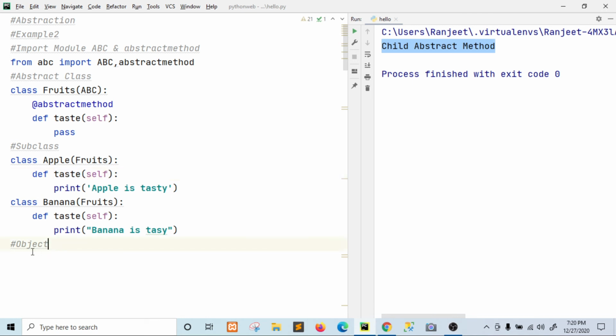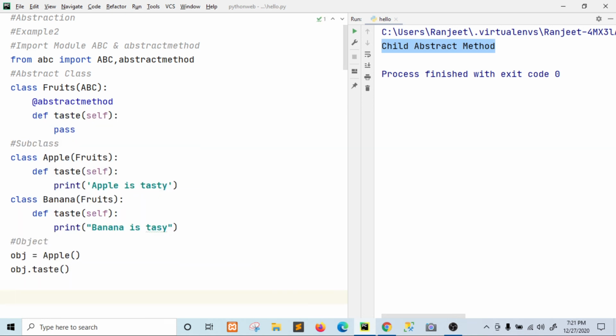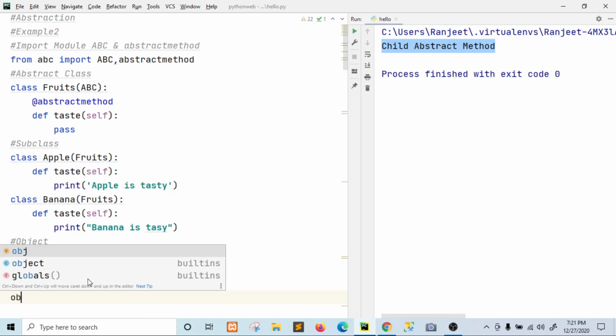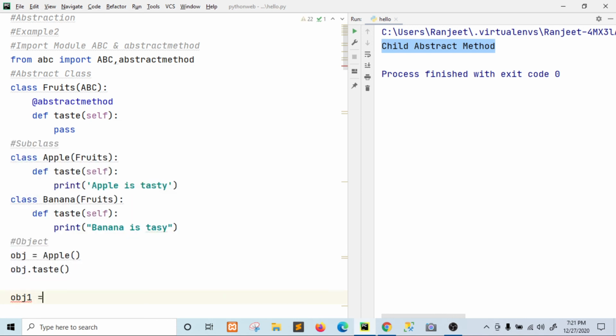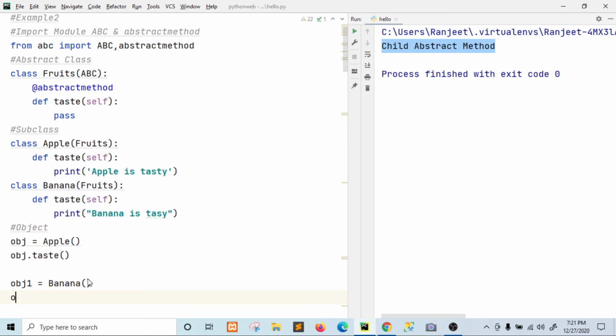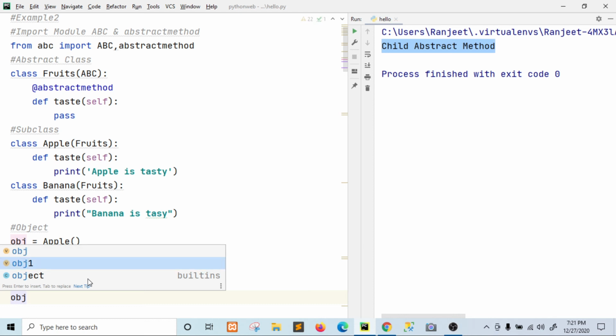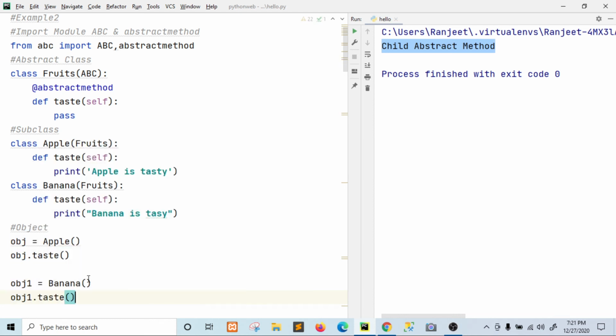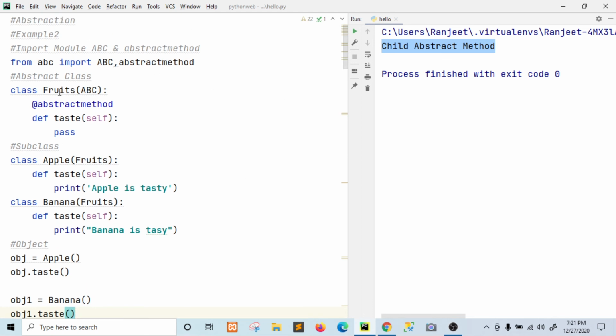Now create objects. First create an object for Apple and call the taste method. Then make another object for Banana and call taste.